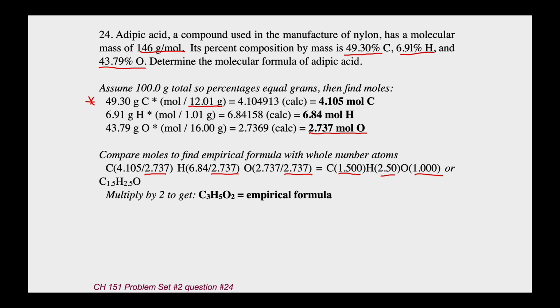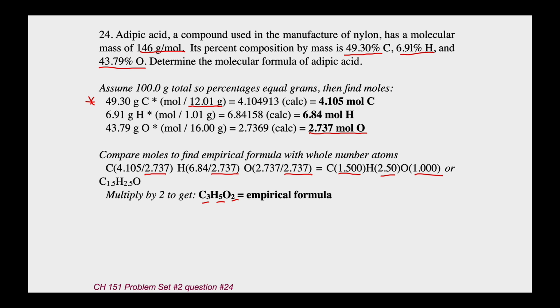Now, in chemistry, you have to have whole atoms. You can't have half of an atom, or 1.5, or 2.5 atoms. So that's close, but to get whole numbers, we want to multiply the whole thing by 2. So instead of having C 1.5, H 2.5, we're going to multiply everything by 2. 1.5 times 2 is 3. 2.5 times 2 is 5. And 1 times 2 is 2. So our empirical formula,